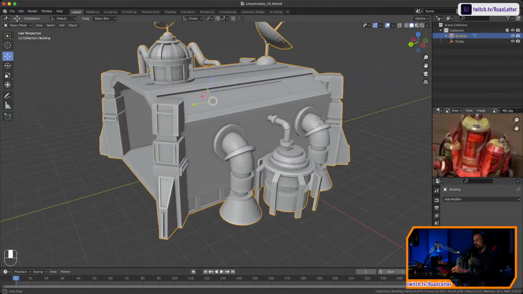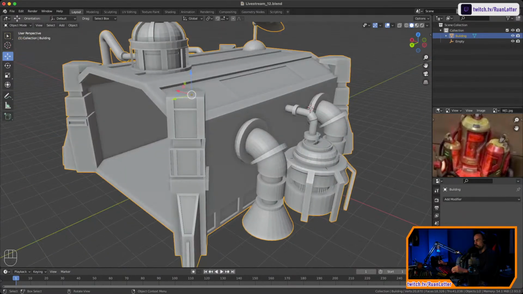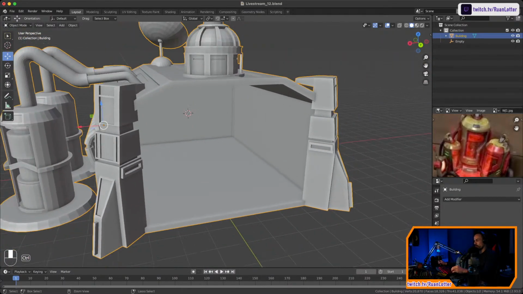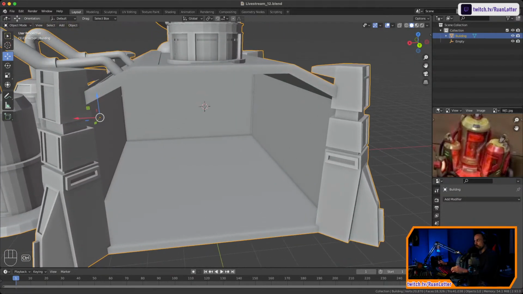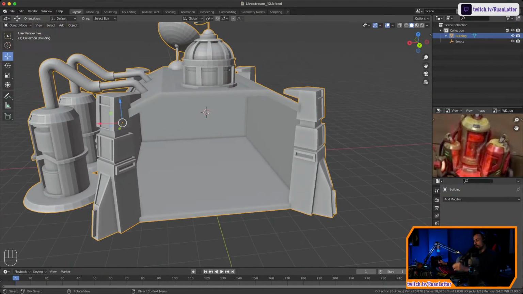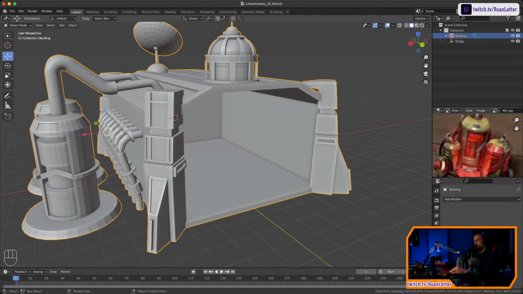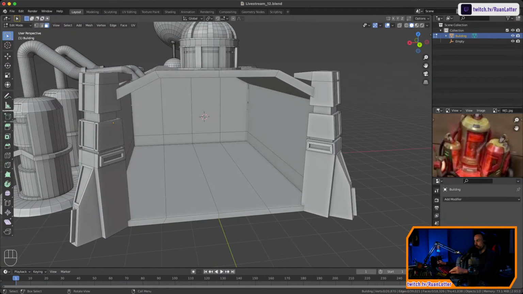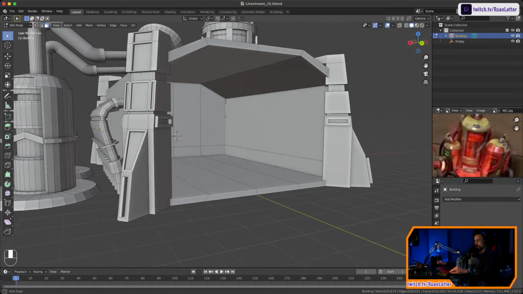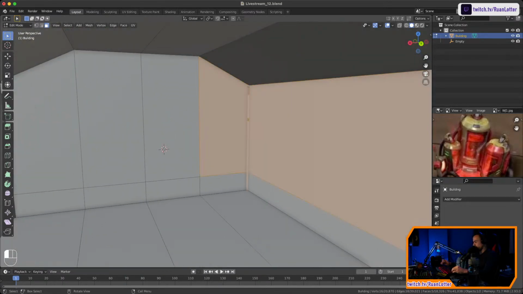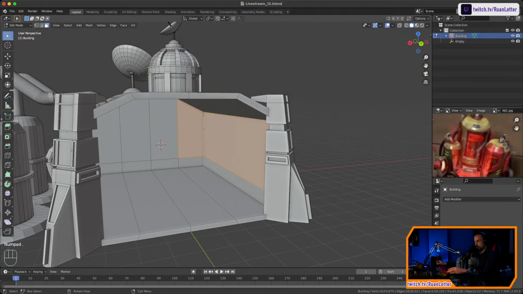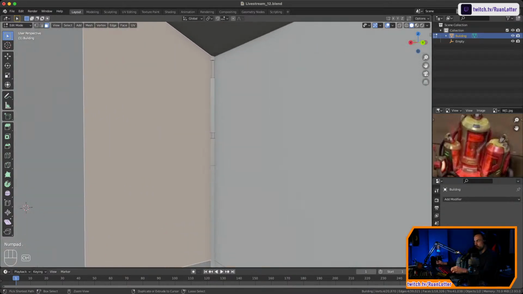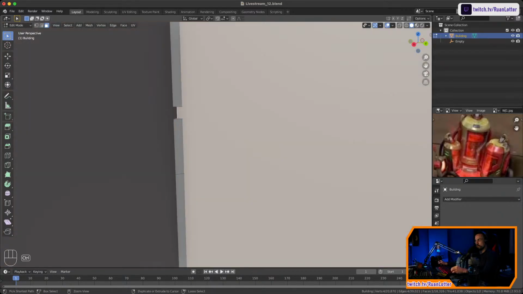I still need a door of some sorts here in front before we move on to the remote. I just thought of this now, so I'm not sure what I'm going to do here. What's happening here at the back? Some intersect. Oh no, that's just the